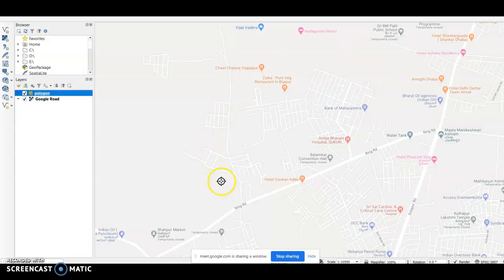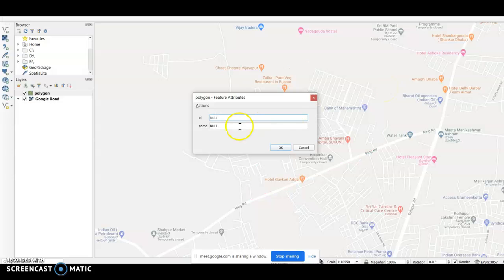I'll just draw the outer map of this Sukoon layout. So I'll start somewhere from here. Like this, I'm just randomly going through this. You can precisely note down the area. Let me assume this is what my polygon is.